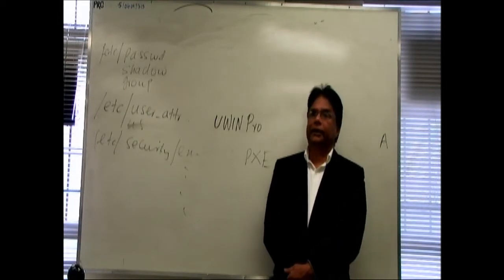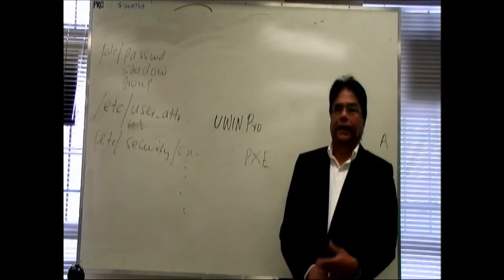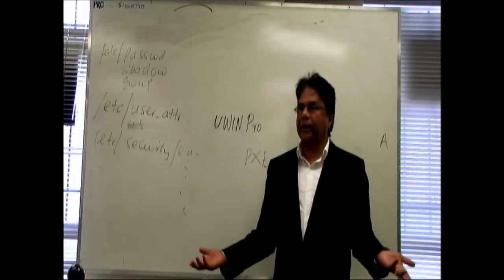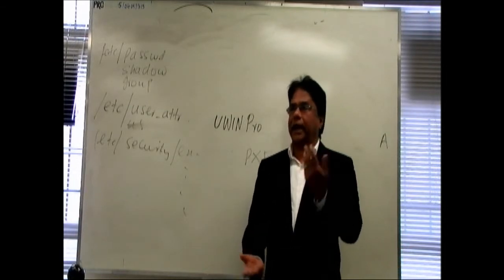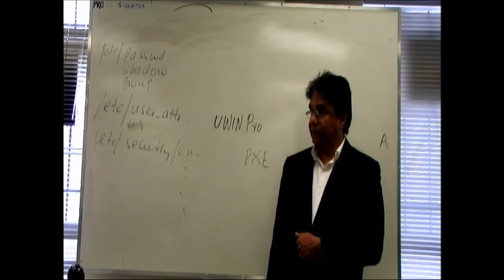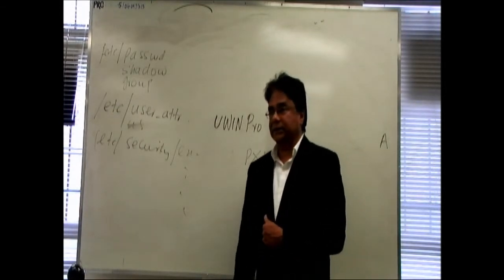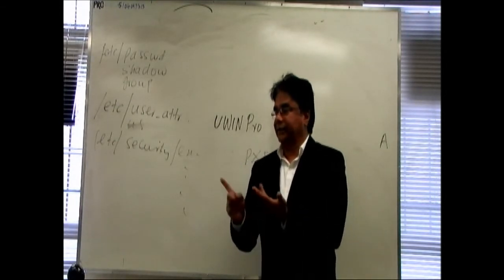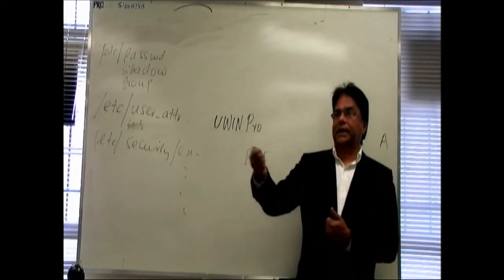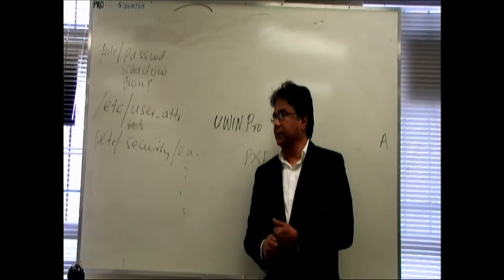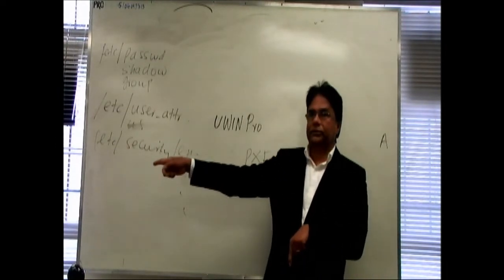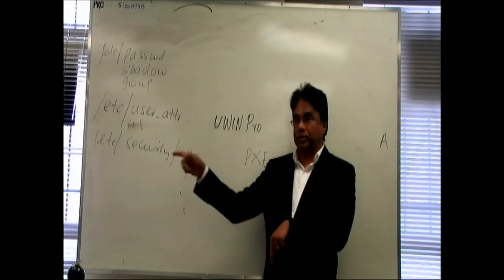Then we also talked about printing. In the network environment or at home, you have to print. Can you add printers to Solaris machines? What are the different types of printers you can add? Local printer and network printer are the main ones. A network printer is connected to a network cable, but it should have a print server, so one computer can be a print server for that. That print server will store all the print jobs.